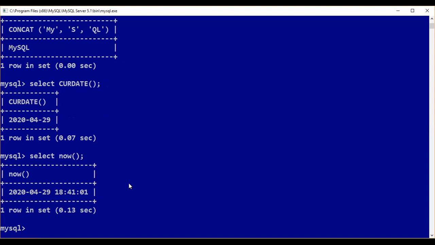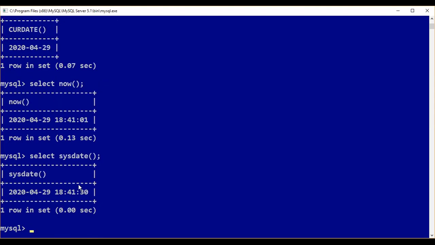Whatever your system has, that will be displayed. Now select sysdate as well; the system date will be displayed. See here, the same previous date, which is not updated.